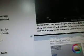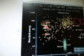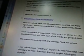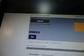Okay, so here's the color that came up. And this is the color that they said was their planet color. Not their planet color, it's the color of their spectrum. When I first got it, back in the beginning of January, I didn't know what spectrum was. I didn't know what the color was, but I kept notes of it because I figured sooner or later I'd figure it out. And there it is. There, looks the same, right? I don't know if it's exactly the same, but I found it on this site here,